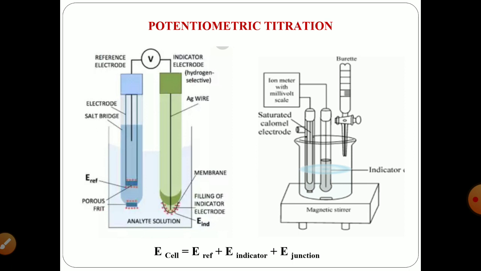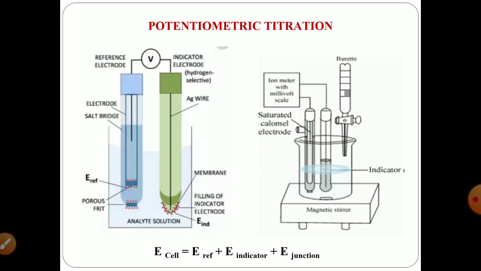So you are going to dip this electrode into your analyte solution and then you will observe change in pH when you are dropping a single drop from your burette. So in this potentiometric titration you are going to calculate the pKa value with change in shape of the titration curve. As you are dropping each drop from burette, it will result into either acceptance of proton or donation of proton. So this will result into development of EMF.